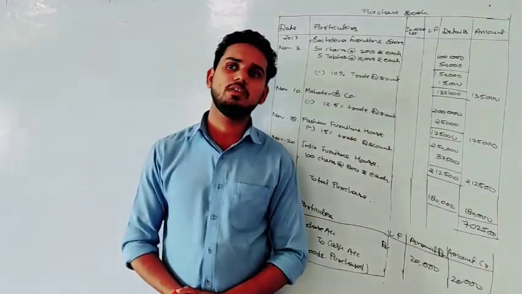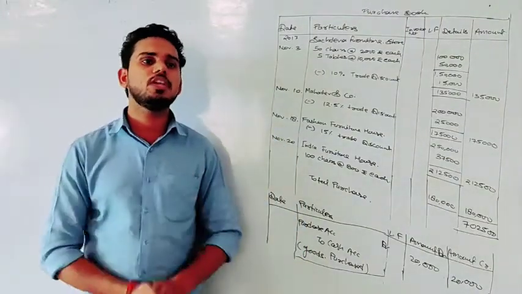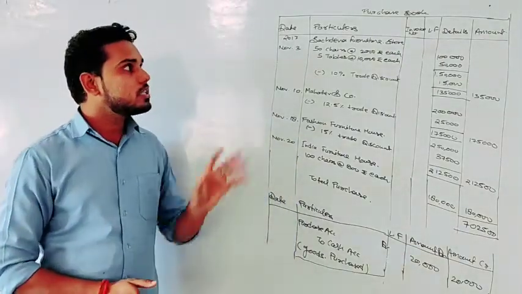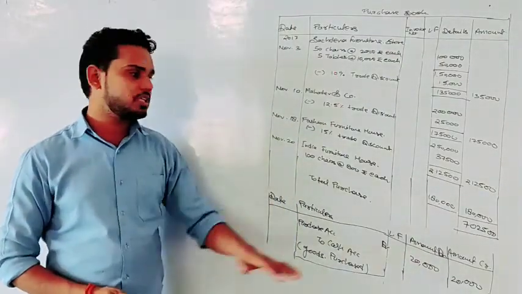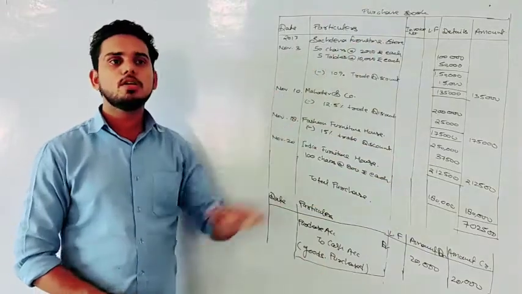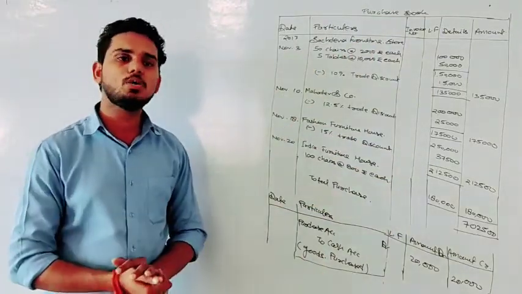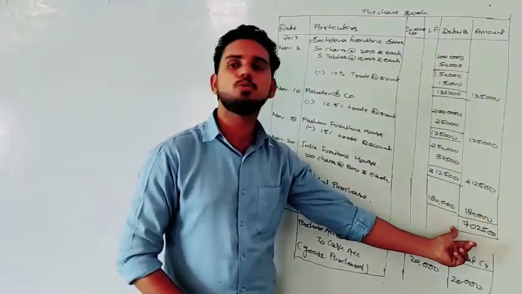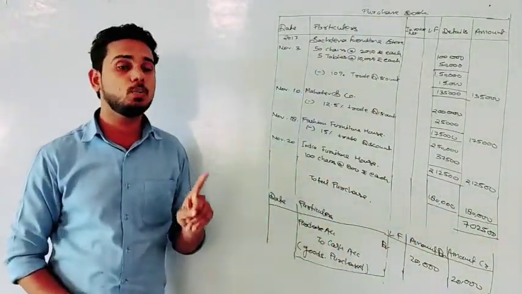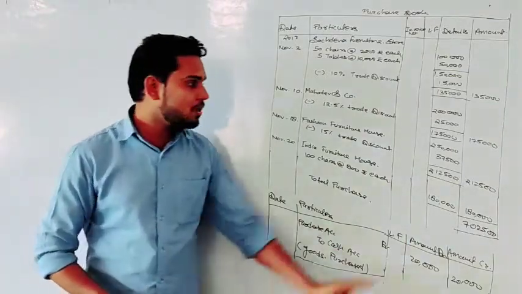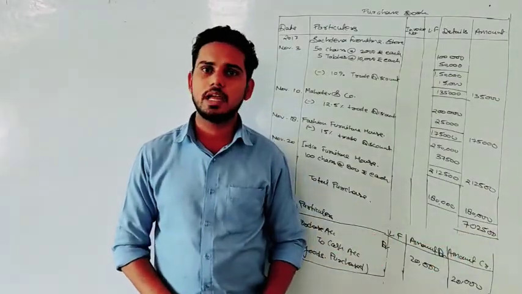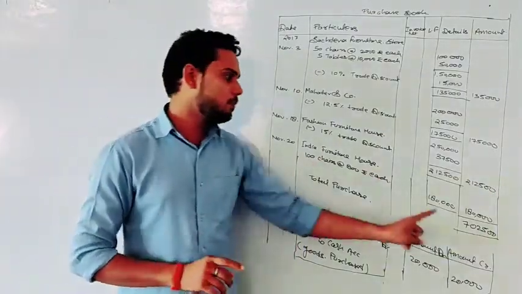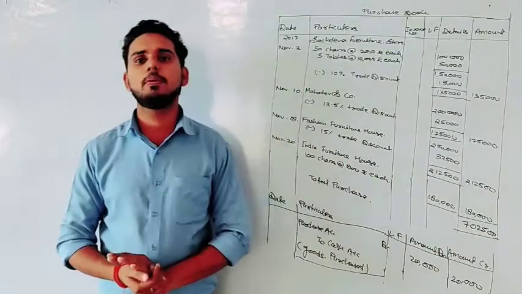So how can we identify, sir, for which accounts we need to prepare ledgers? That is very easy actually. If you see this complete information, if we talk about only the purchase book, what are the accounts that got affected? First, you have a total purchase of 7,02,500. So no doubt you need to prepare a purchase account to write this amount. We will prepare a purchase account and post this amount in that particular account.